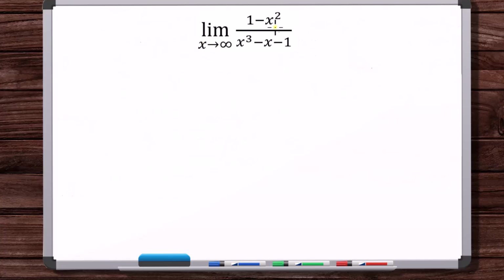Okay, the limit as x approaches infinity of 1 minus x squared over x cubed minus x minus 1. So we have a limit at infinity of a rational function, a ratio of polynomials. So let's divide the numerator and denominator by x to the power that's the order of the denominator, so cubed. So you've got x cubed over x cubed, x over x cubed,